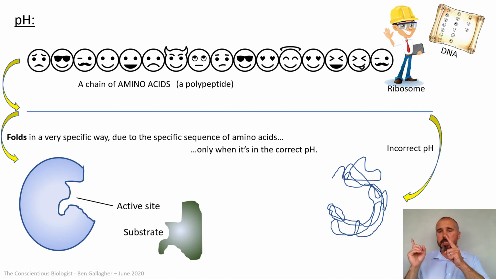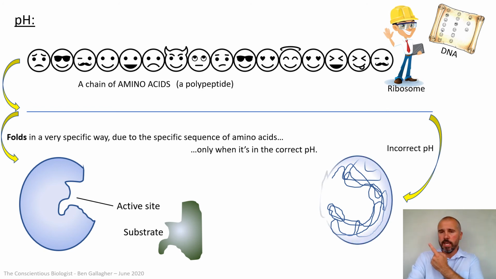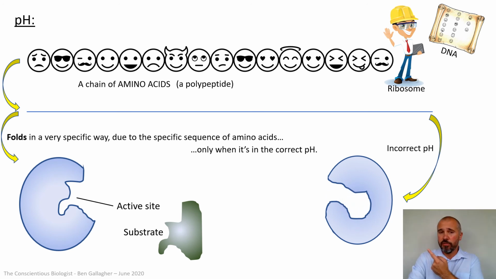Look at what I've got right next to me here, look. If that same polypeptide, look, it's the same blue line. If we took that same polypeptide, put it in an incorrect pH, it will fold up to a different shape. If I draw around the outside of this one now, right next to me, look, you can see it's very, very obvious. The active site is totally different in shape to the active site that we want on the enzyme over there. So that substrate will not fit into this enzyme, even though it's made from exactly the same polypeptide,